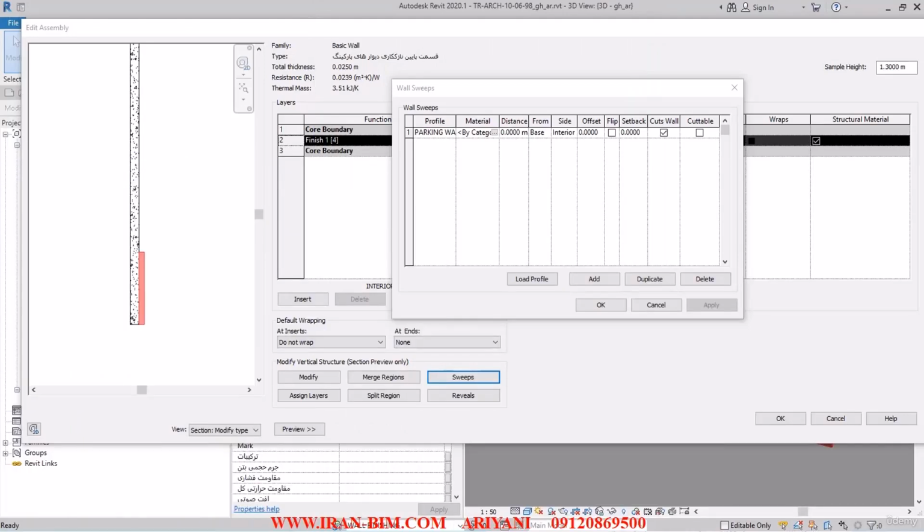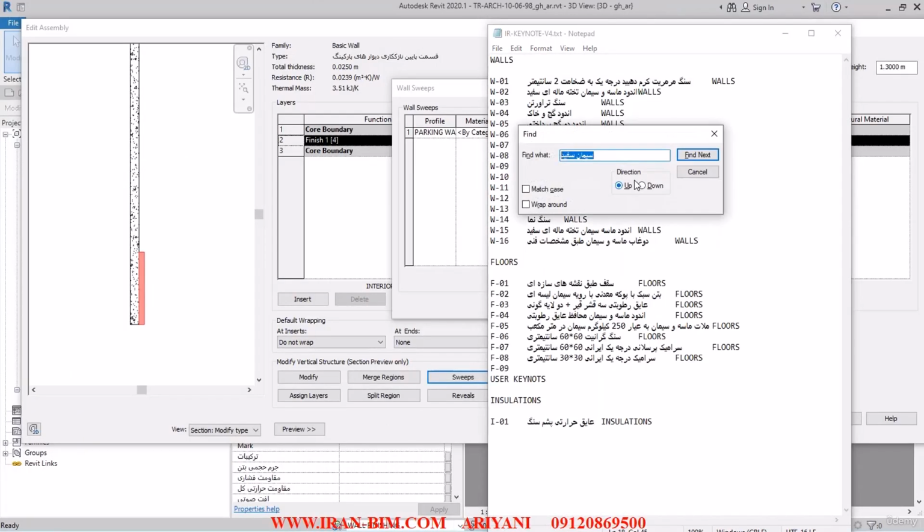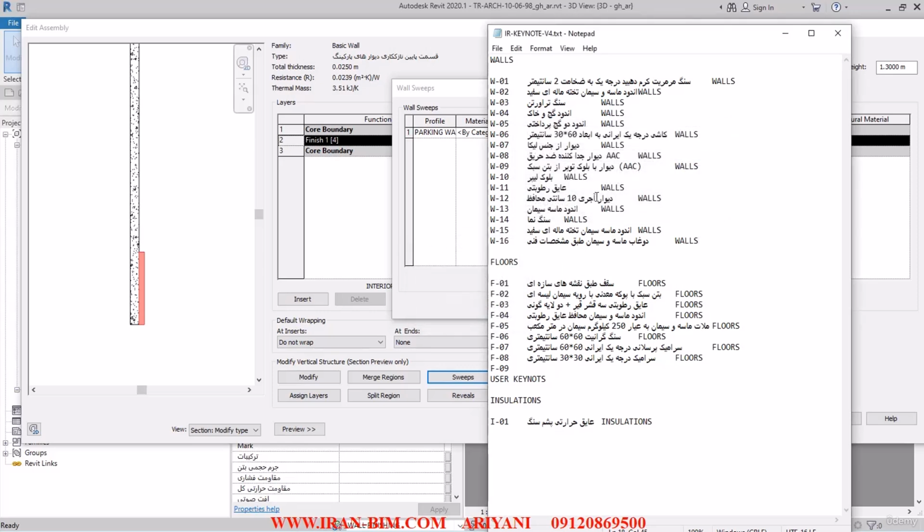Alright, so first I'm going to go to the notepad. So here I'll hit Ctrl F and then search for milky. So it seems like we haven't added the milky part yet. So I copy the walls from up here. So I come down to this part here, and then I'll make a new line and I'll name it